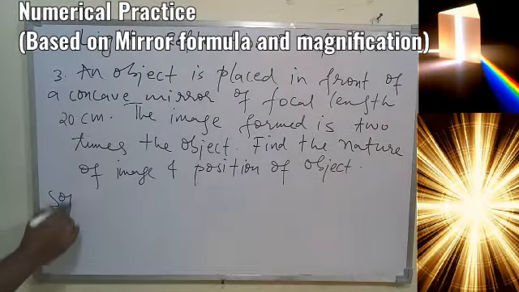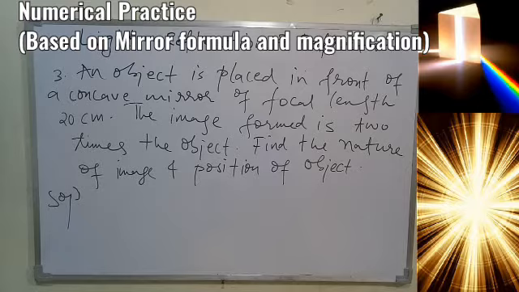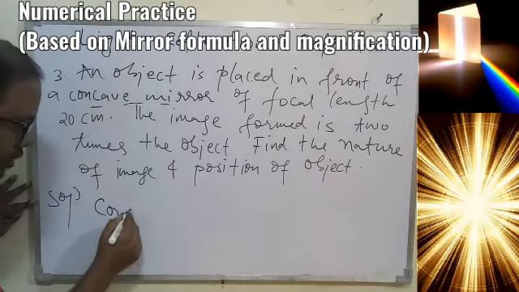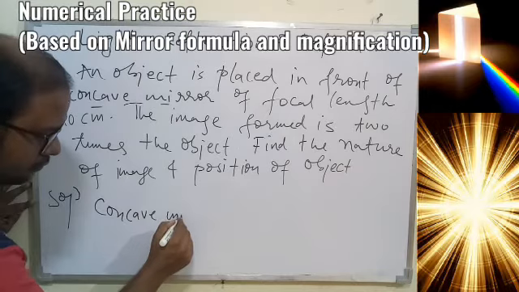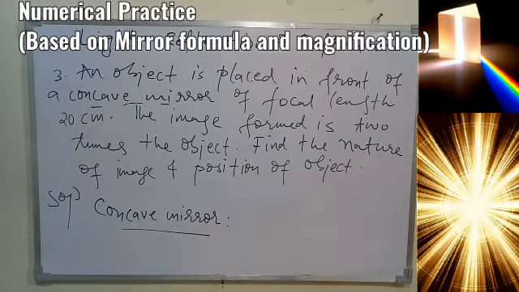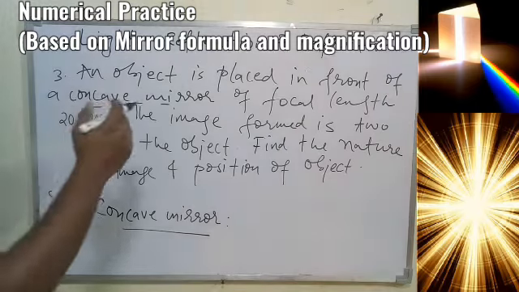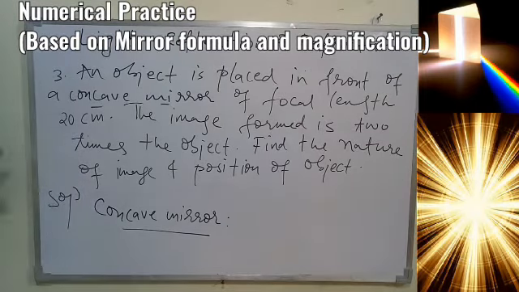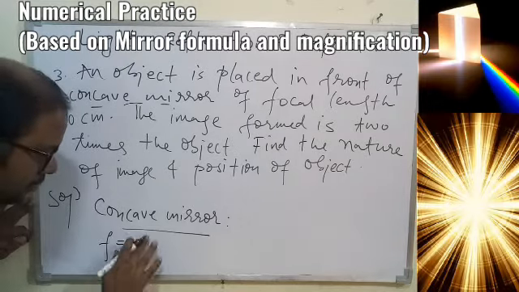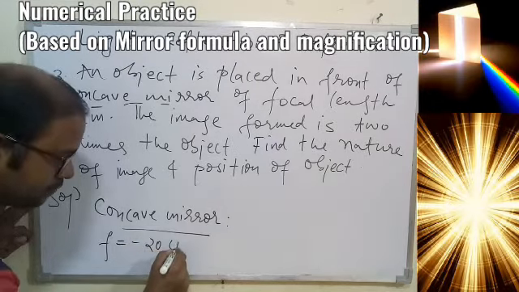Okay, so let's concentrate here now. This is also a different type of numerical. Again, first thing is written here, it is a concave mirror. So we got one idea, that is, at least now we know it is a concave mirror. Okay, one information we got, clear information. Next thing is focal length is also given 20. So we know for concave mirror we take negative. So minus 20 centimeter, no doubt.